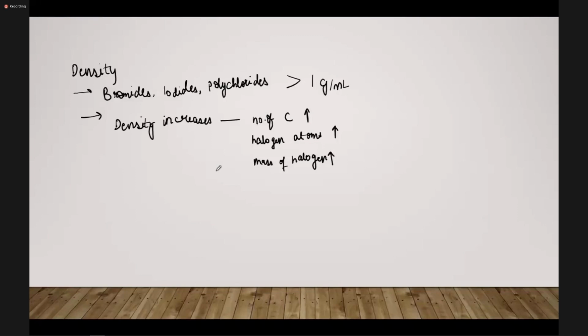नाउ वी कम टू द last physical property, that is solubility. So haloalkanes are slightly soluble in water, very slightly. I mean, we can even neglect them. And when we compare their solubility with water and the other organic solvents, it's negligible in the case of water. And why is it so? Because the original hydrogen bonds in water, they are stronger than the new attractions between the water and the haloalkane